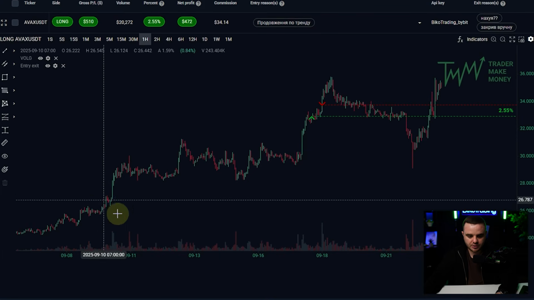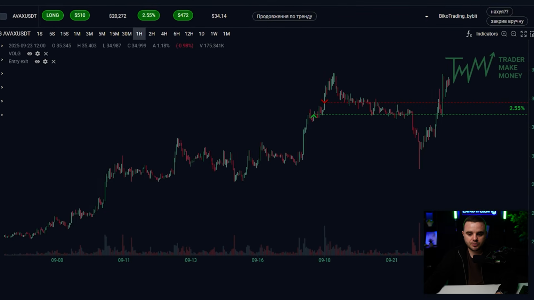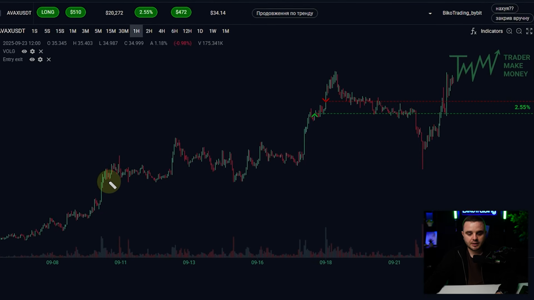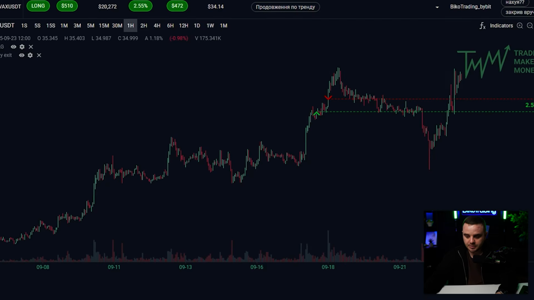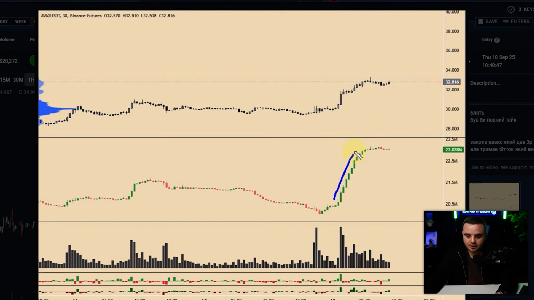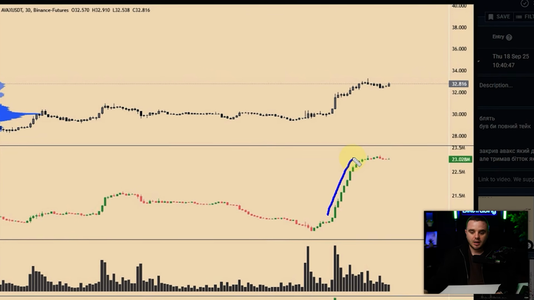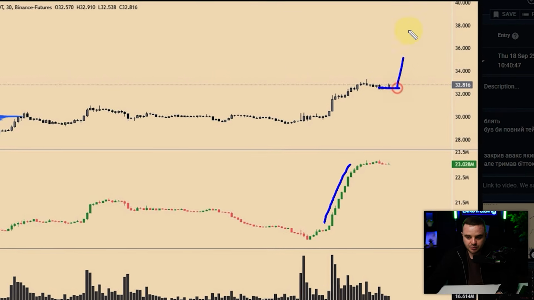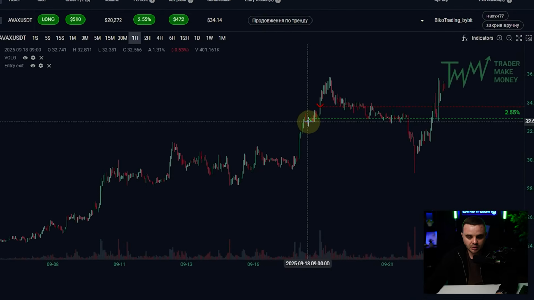The second trade was a continuation of this beautiful trend that we took before. Why did we do so? Because often when open interest increases, it continues the movement. And here is what happened, especially on a smaller time frame, I think you can see that open interest started to build up, and once more it started to build up slowly. And often price does an additional wave up after something like that. That's the reason why I took a long here.